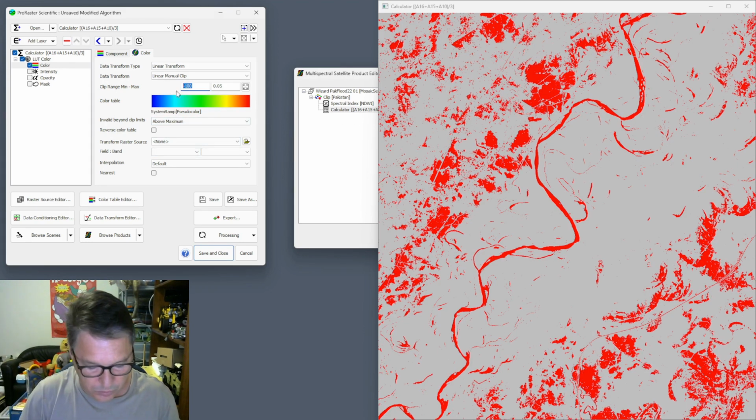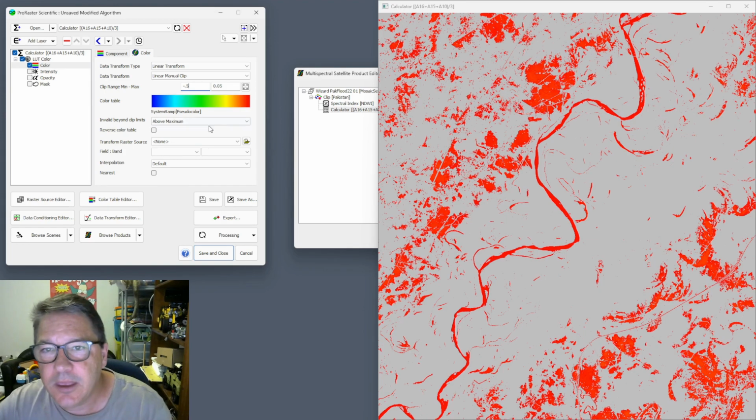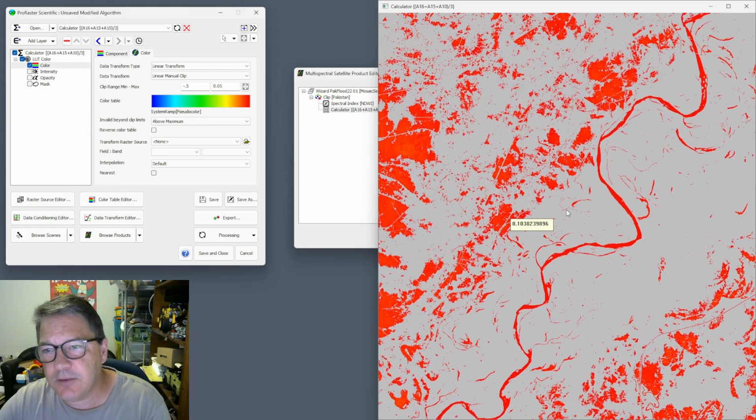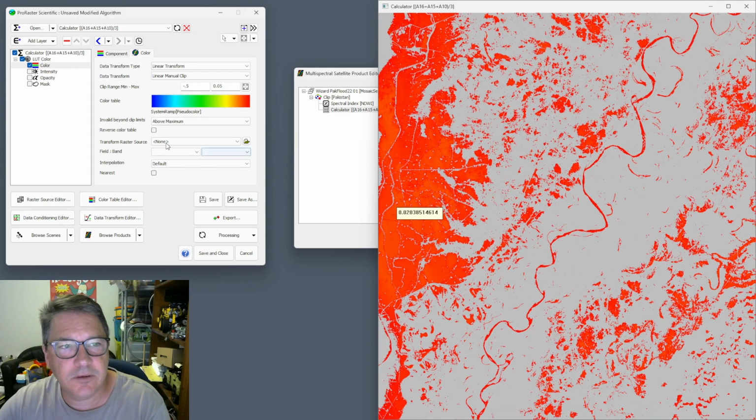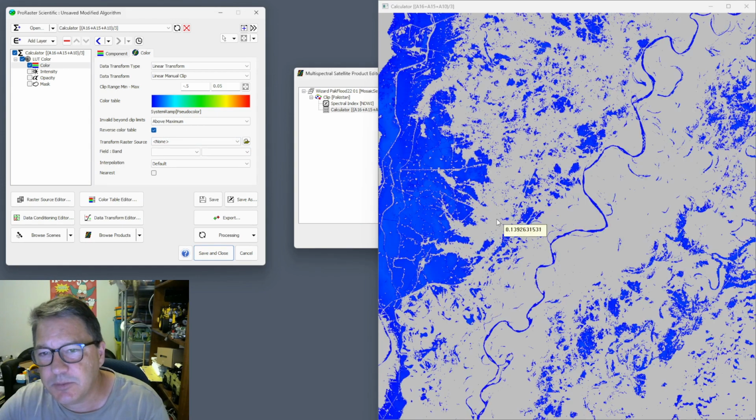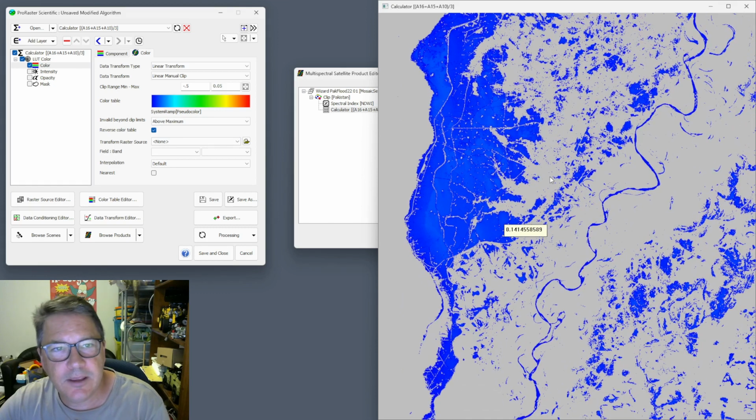Sorry, minus 0.5. It doesn't matter. Anyway, so now we've got red here identifying, well, let's just reverse the color table so it's blue. So now we have blue, everything below 0.05,